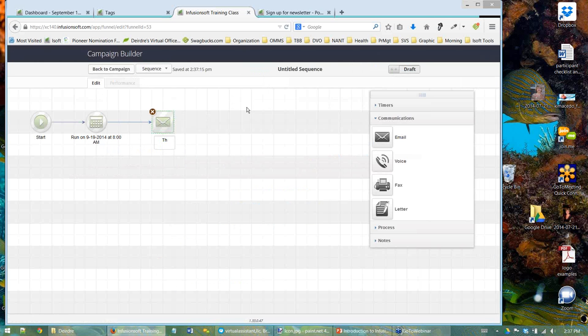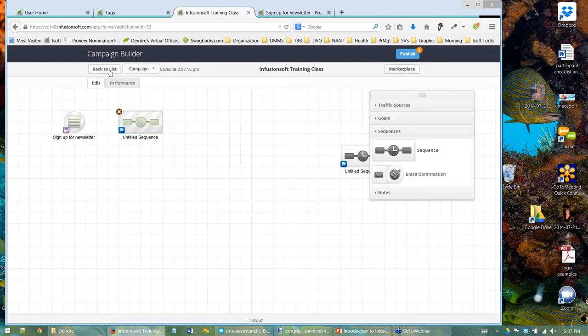You can name your email so that you can easily see. So this is the first email. And then we're going to mark this as ready. We're going to go back to the campaign and connect these two. We're not actually going to send any emails, but you can see that